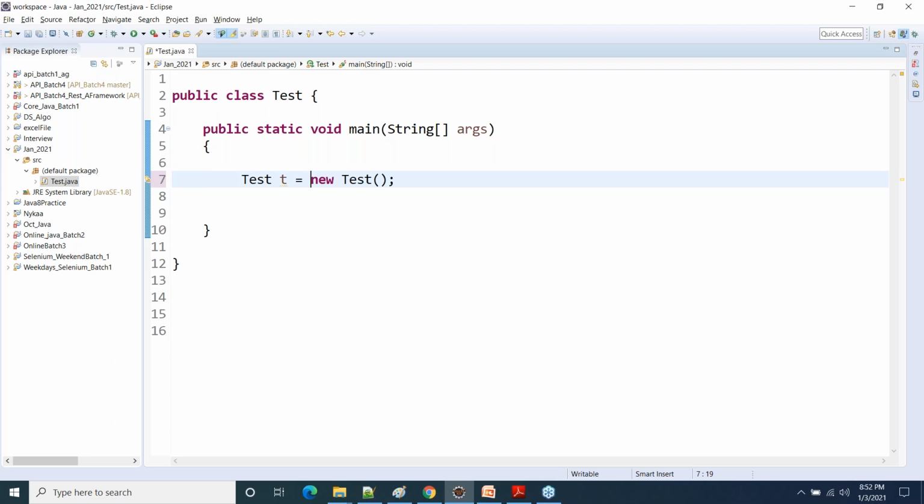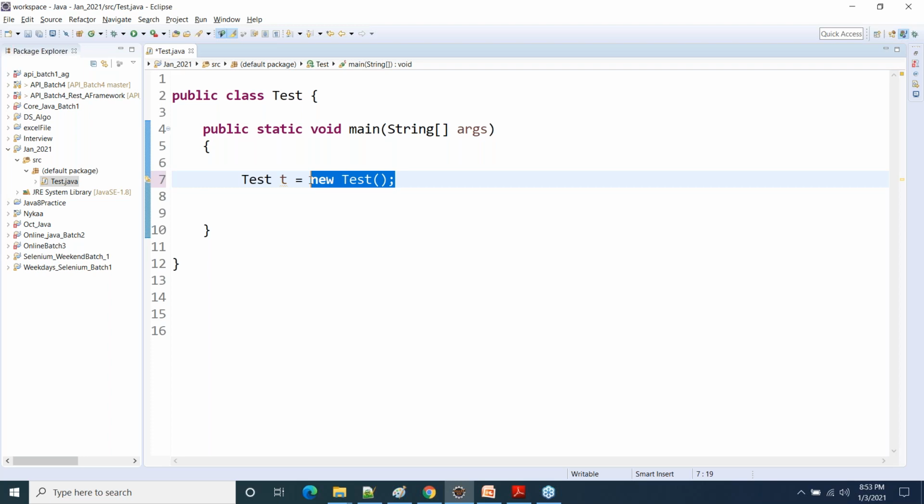Apple creates iPhones. Okay, so we will say object is unique. Of course, objects are unique. But object does have a type. Here the object that you are creating in line number 7, you are creating an object for a Test class. So the type of that object will be Test class. But object does not have any name.